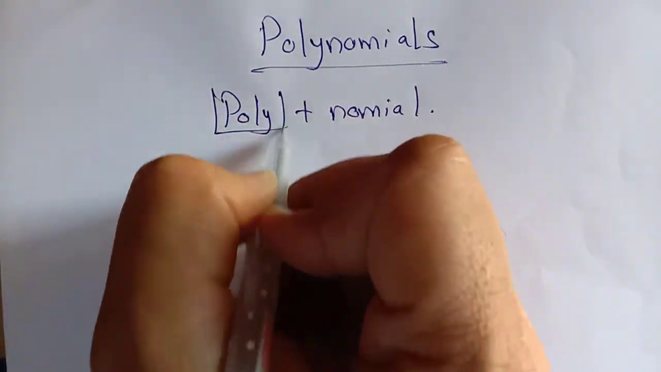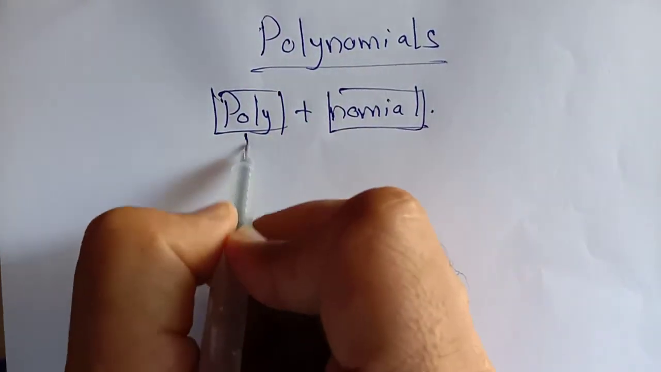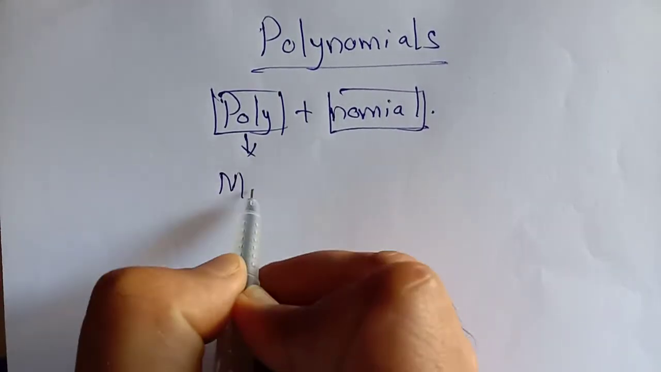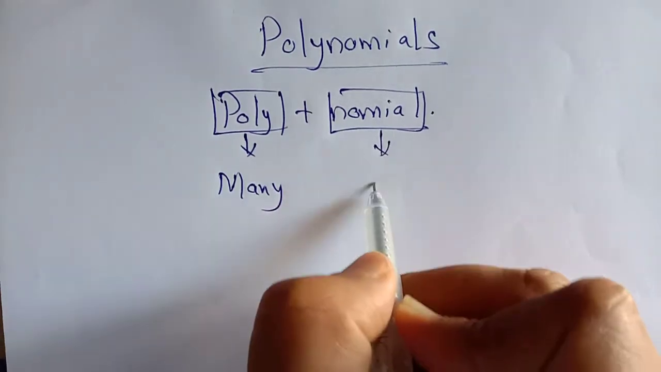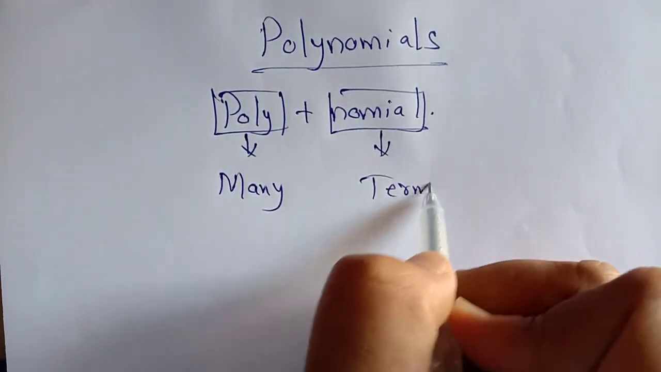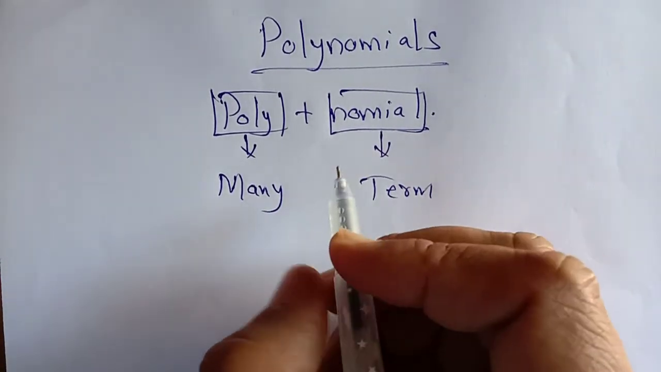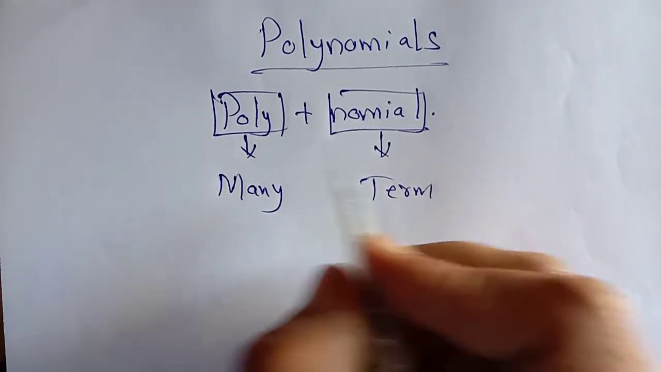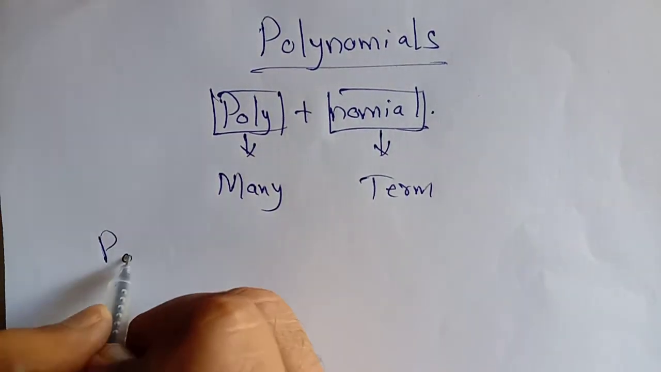We can see poly plus nomial becomes polynomial. Poly means many, and nomial means term, so many terms are there. If many terms are there, we will see it as a polynomial. Okay students, so we can say it as a polynomial